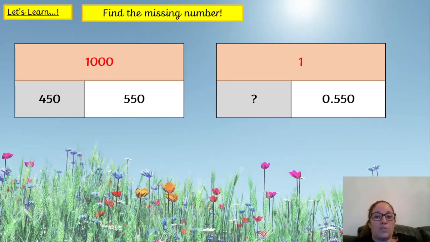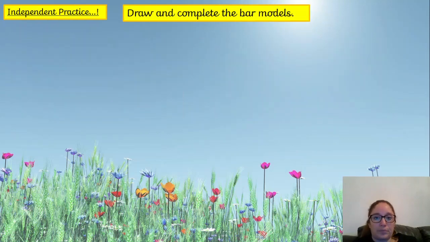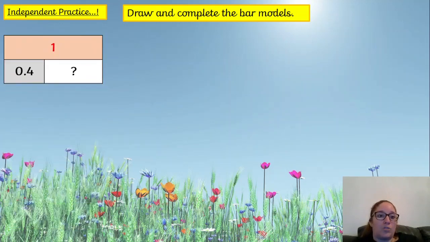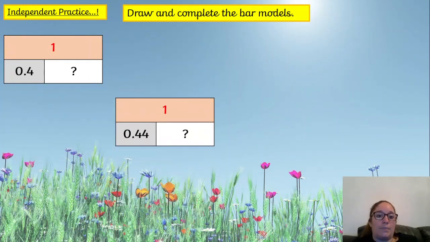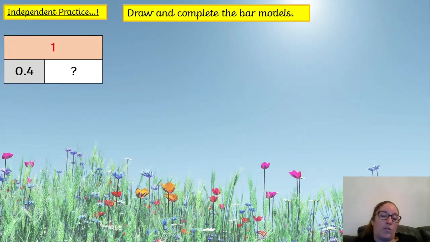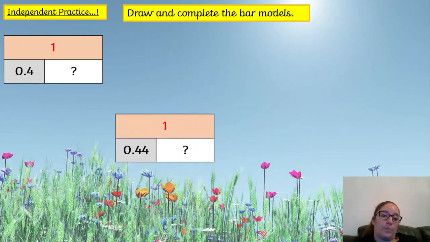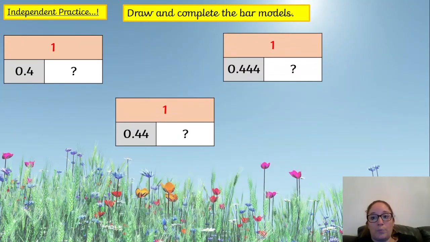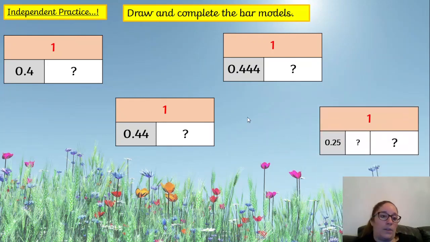Okay, so on the left, what's our missing number? It's going to be 0.450. So it's the same as 0.45 or 0.55. Excellent. Okay, so have a go at drawing and completing these bar models. So you've got whole numbers at your top, and then you've got 0.4,